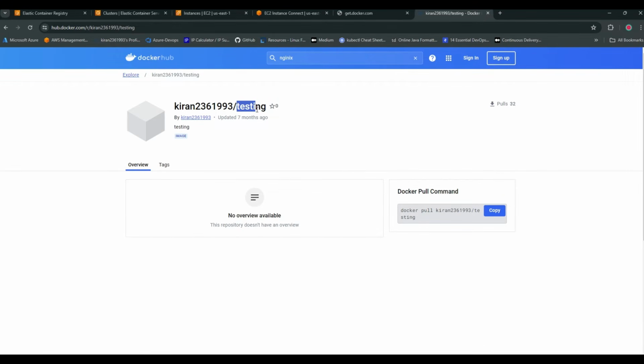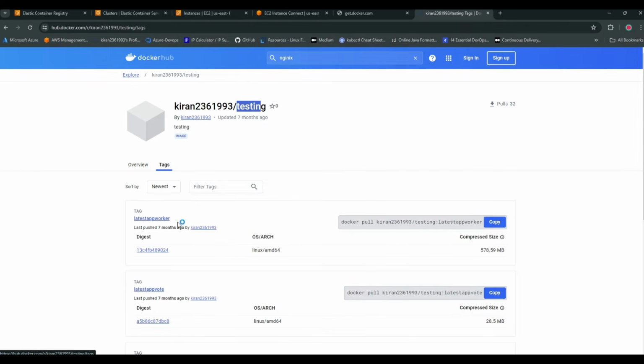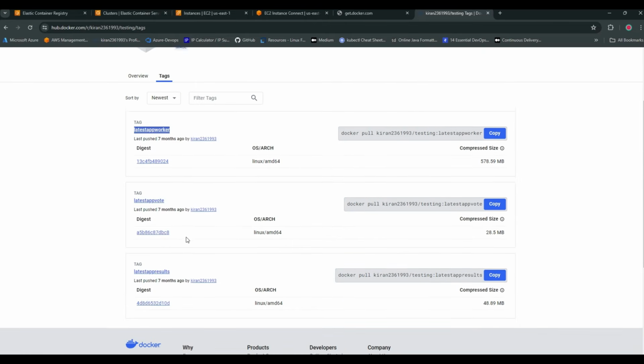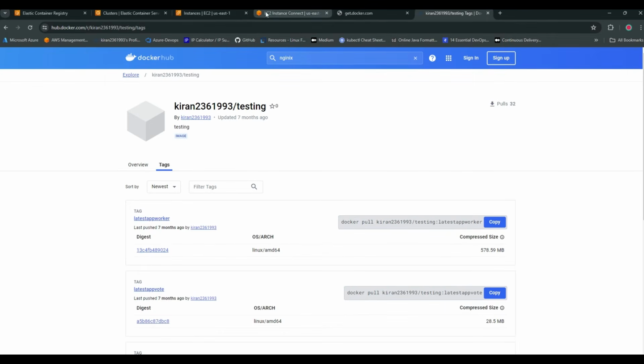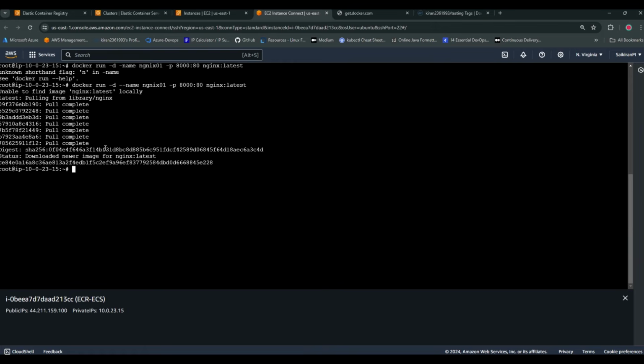If I click on tags, these are my images. Latest app worker image, latest app vote, and latest app results are also images. Now you understand, correct? If I come back here, our Nginx image has been successfully deployed.